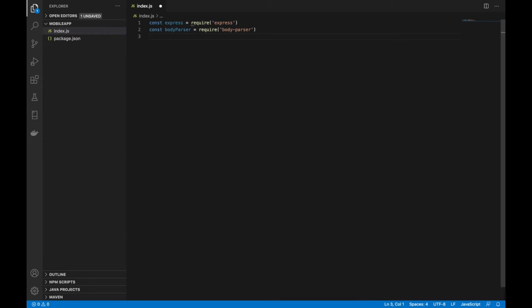You also need to set some things here, like variable app is equals to express.